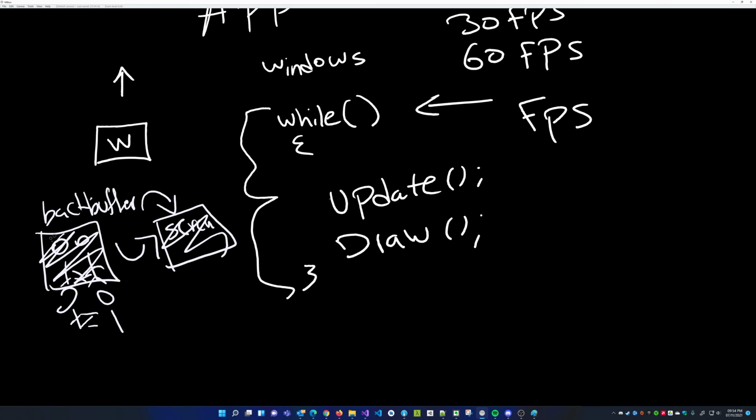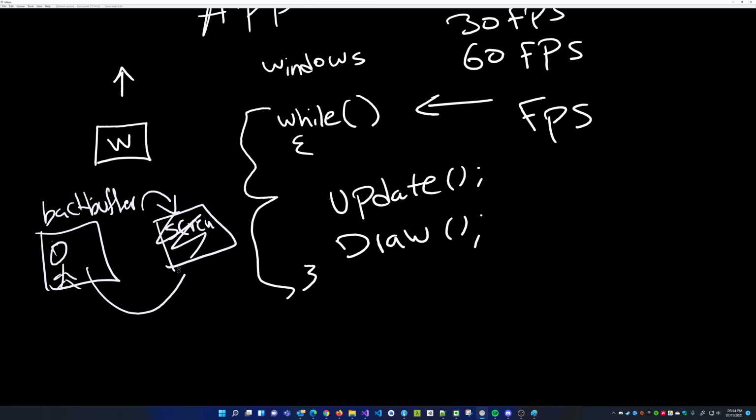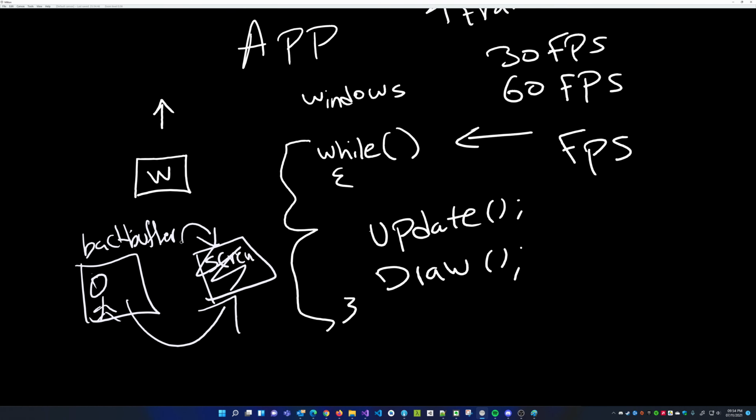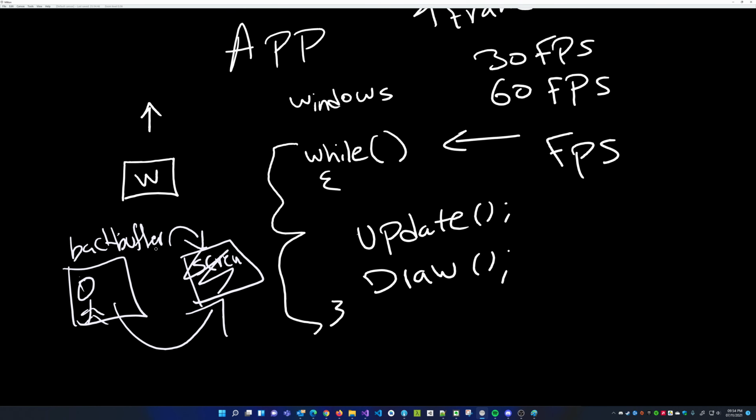So first, clear the back buffer, draw something on the back buffer. When you're done, clear the screen, copy it on the screen. When you're done, clear the buffer, draw something on the back buffer. When you're done, clear the screen, draw something on the screen, and so on and so forth. That's back buffering, right? That's it. That's the entire idea of a game loop and what happens every single frame